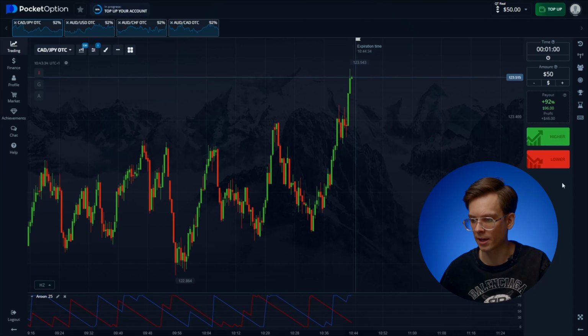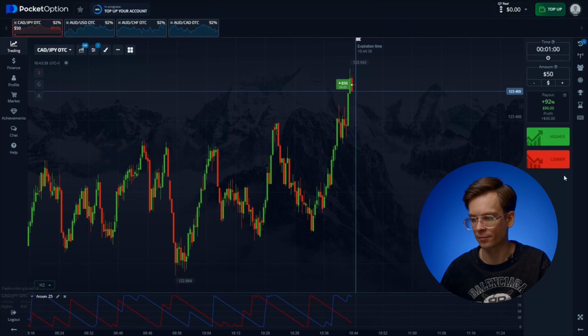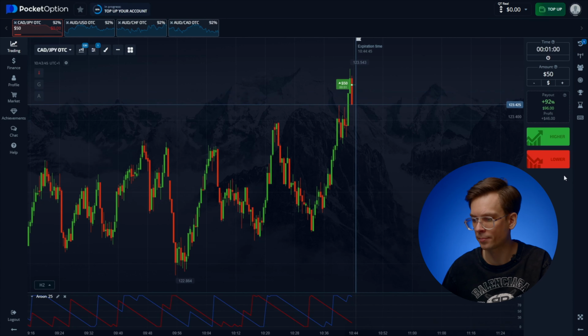Well, now it's time to start trading. First pair, Canadian and yen. Going long. Now let me explain my forecast. Yes, the price broke through the resistance level and there's a strong bullish impulse on the chart, so a bearish response should follow and the price should retrace. But let's look at Aroon. Its blue line measuring the strength of the bullish trend is at 100. The red line, bearish, is below 30, therefore the uptrend will continue. And now let's see how it unfolds.